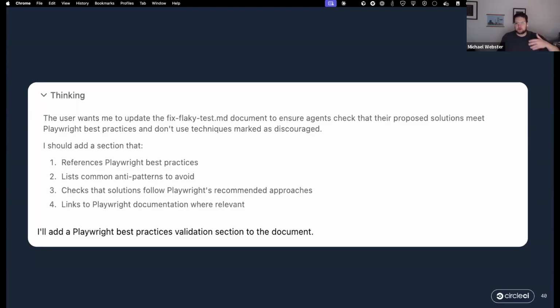So we asked it to ensure that we followed certain guidelines from Playwright best practices. This wasn't the human reading Playwright best practices and copy pasting them into the section. This was saying, hey, please make sure that we adhere to Playwright best practices. The agent, in this case, was able to turn those into rules, and then the developer could say, okay, great, I now have a new set of rules. Let me apply it to the same task that I was just trying to perform and see if I get a change that does adhere to the Playwright rules. This sort of feedback loop, where you're using the model to improve the context that you provide to the model, we're finding pretty good results with internally.